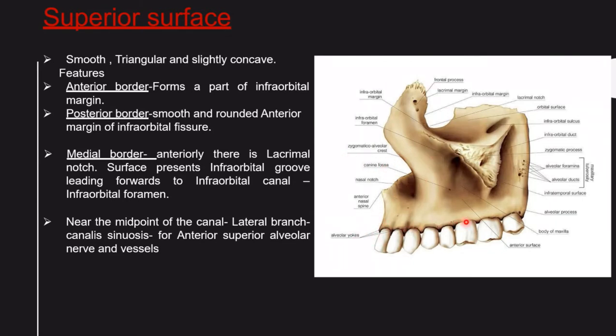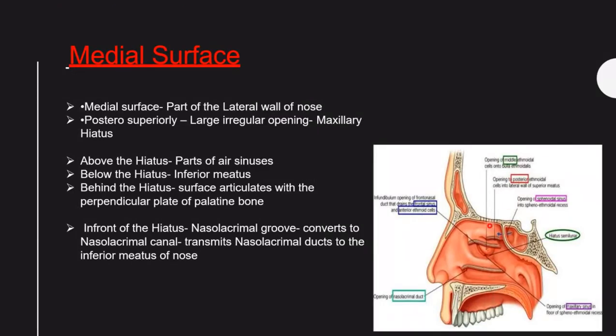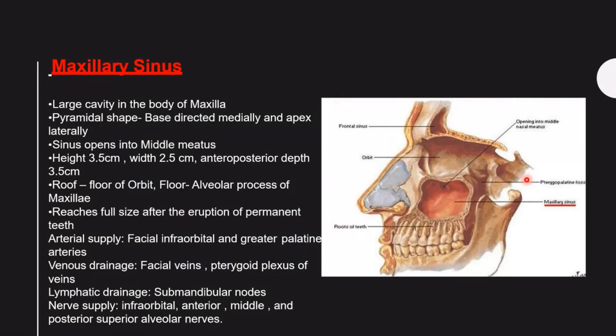These are the alveolar processes where teeth are attached. And this is the body of the maxilla, as you could see here. And this is the zygomatic process attachment. And once again, if you have an idea about all these things, this is the hiatus semilunaris, as you could see here, and then this is the opening of the nasolacrimal duct in the inferior meatus, as you know. Okay, and then this is the opening of the frontal, anterior ethmoids and maxillary sinus, and this is the sphenoid sinus that is opening into the sphenoethmoidal recess.